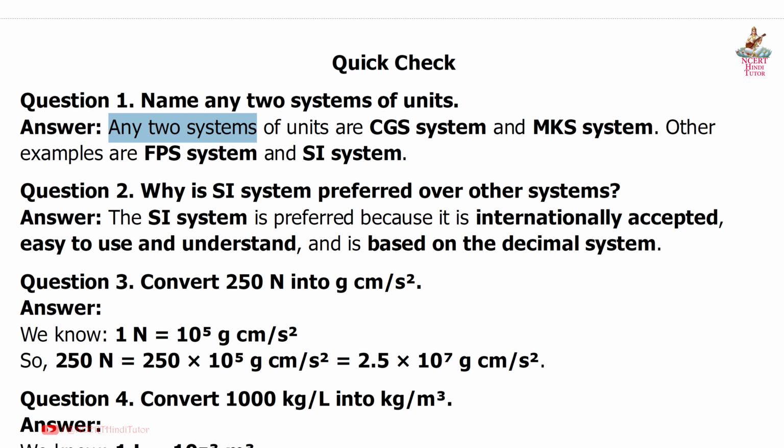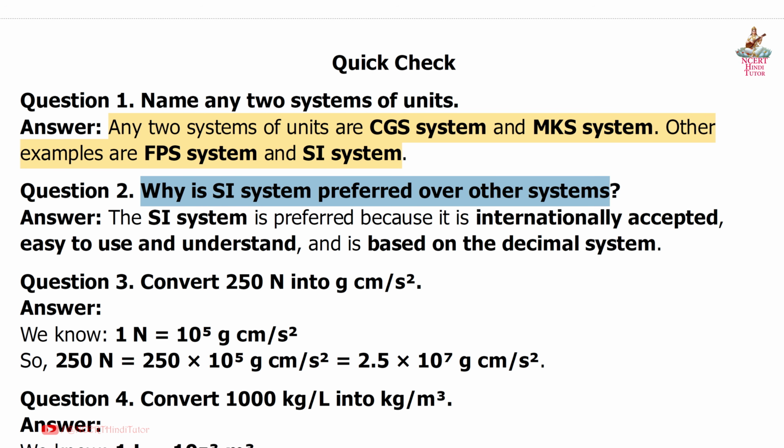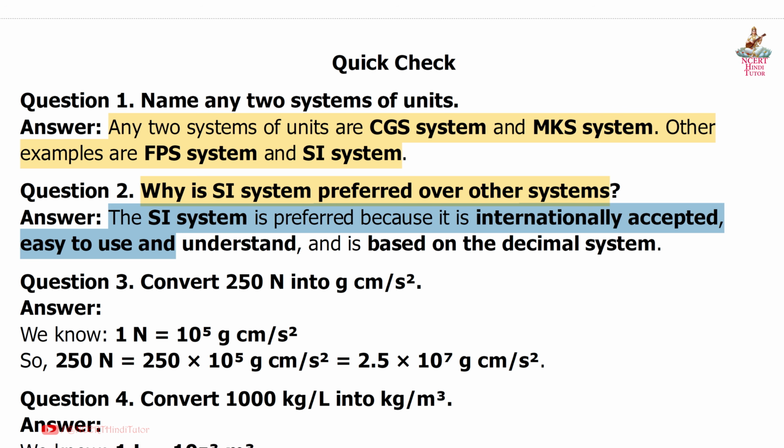Answer Any two systems of units are CGS system and MKS system. Other examples are FPS system and SI system. Question 2 Why is SI system preferred over other systems? Answer The SI system is preferred because it is internationally accepted, easy to use and understand, and is based on